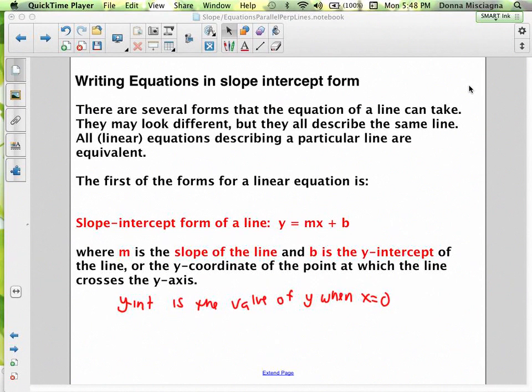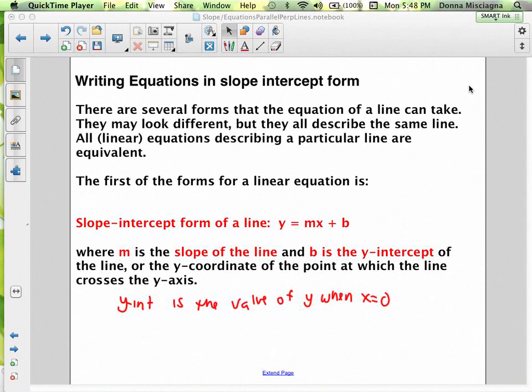So when maybe in Algebra 1 you talked about coinciding lines, it really is just two equations for the very same line. It really isn't two lines. Okay? They have everything in common. Okay? So there are different ways that we could write the equation of a line, and one of those is